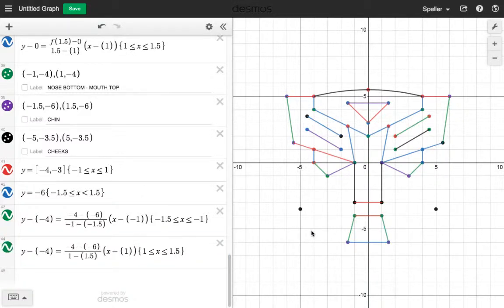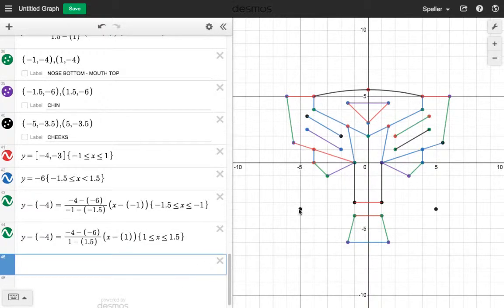All right, now let's work on the left hand cheek, and then we're going to work on the right hand cheek. Let's get these values here. Either point is going to be just as complex as the other, so let's just use this point up here at the top where the x value is -5 and the y value is -3.5.